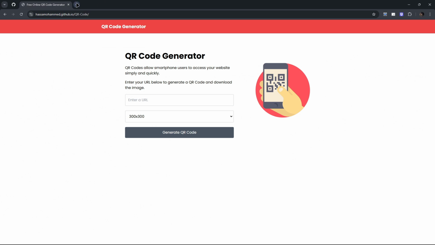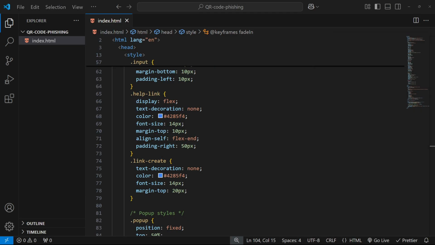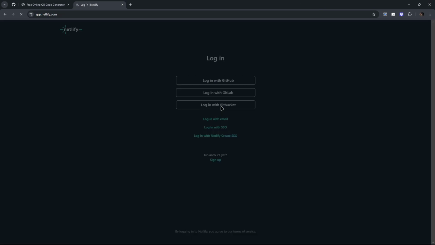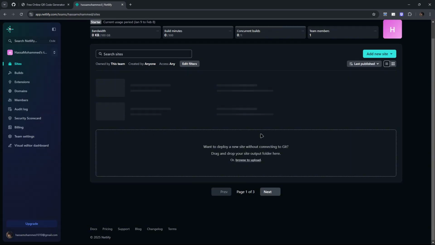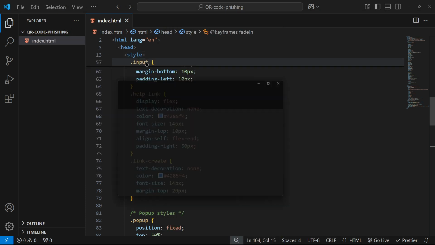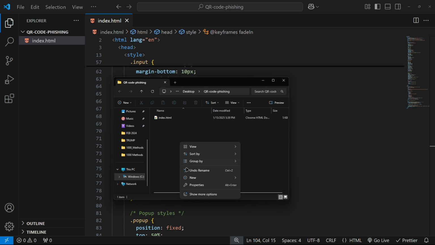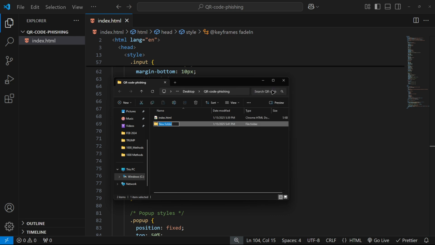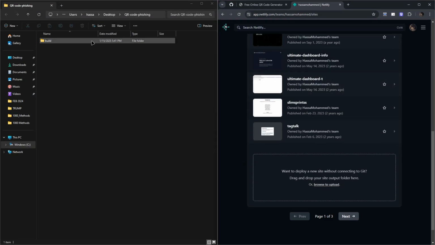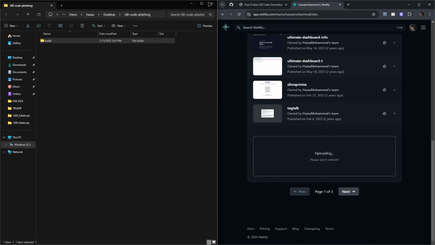So our code, we're going to have to upload it somewhere. An easy place to upload it is Netlify. So just log in, and then right down here, you can easily reveal in File Explorer. Then all you have to do is make a new folder, call it build, put the index.html into there, and close that out. Split the screen, drag and drop the build into Netlify, drag and drop,